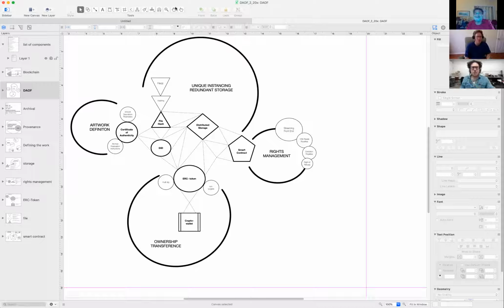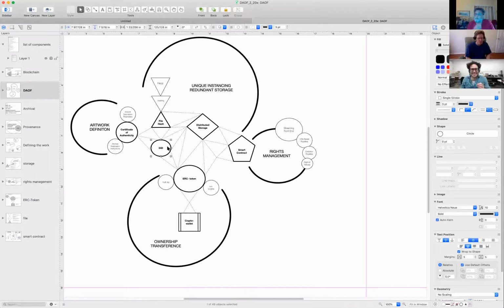Here's my perspective on this. What DID does is it creates a standard formatting so nobody can own provenance, right? Because right now there are companies that deal just with creating provenance. But if we use DID for the formatting of that provenance, it basically standardizes how that information is uploaded. I follow you.